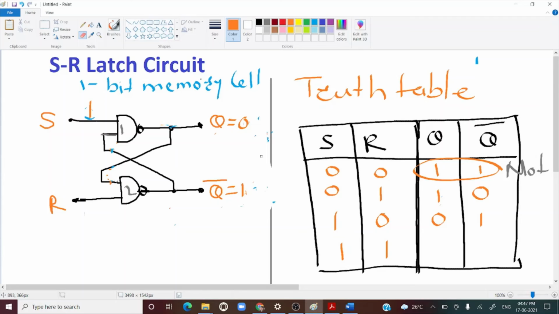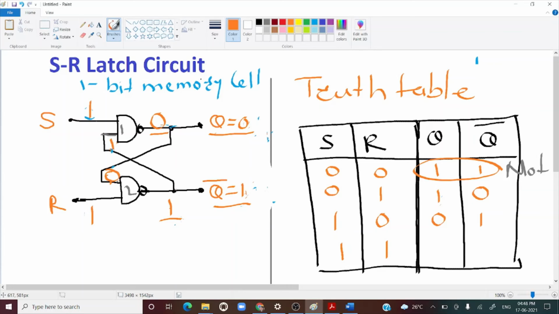We are considering the last input condition, that is S is 1 and R is 1. S 1 है और R भी 1 है, and we have assumed that the previous output was 0, 1. Now in this case this 0 will go here. ये जो 0 था ये 0 यहाँ पर चला जाएगा, ये 1 यहाँ पर जाएगा, and then the output of first NAND gate will be 0, output of second NAND gate will be 1. Now we can see that the previous output was 0, the next is also 0, previous output was 1, the next is also 1. ठीक है.